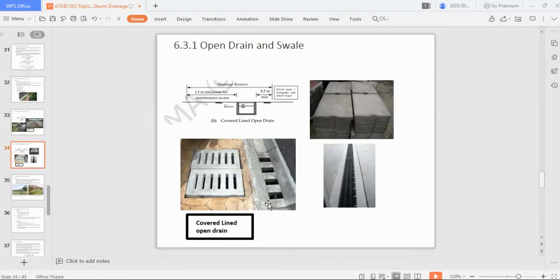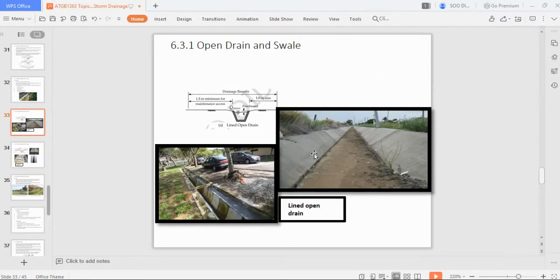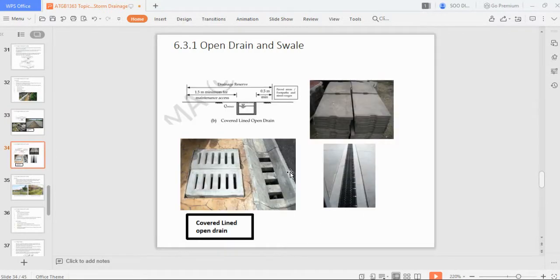So you can also have a covered line open drain. The idea behind an open drain is that if we do not have any people walking by, or there's no pedestrian or any car nearby, we can always have an open drain system. But when it comes to covered line